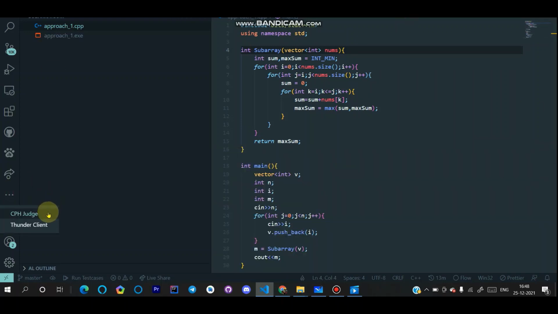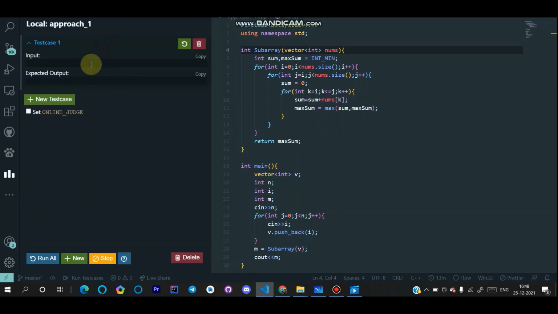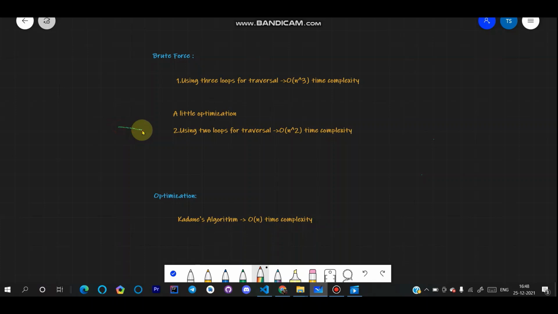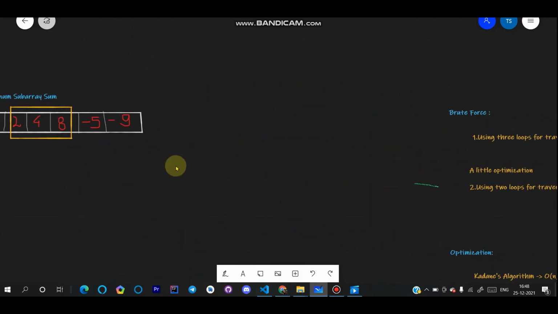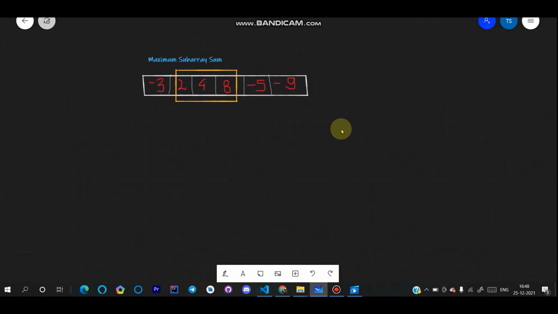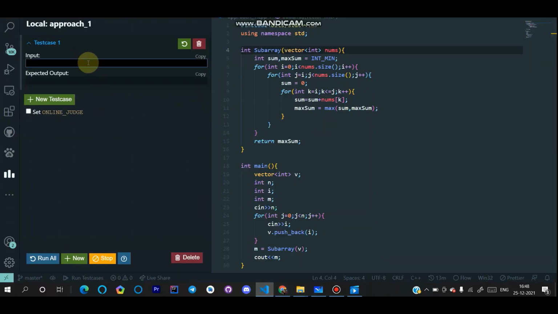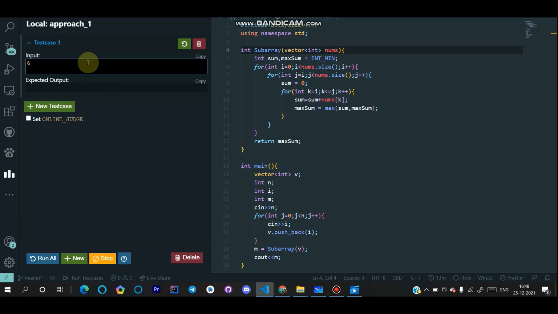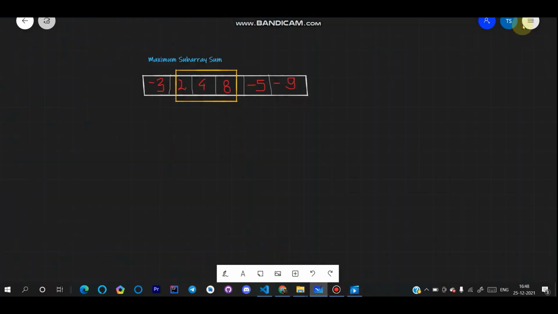So we input the values here as we have taken. What were the values? -3, 2, 4, 8, -5, and -9. The size is 6, -3, 2, 4, 8, -5, and -9.